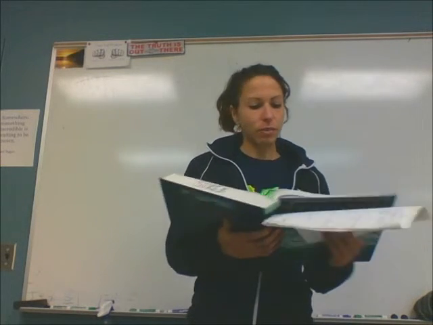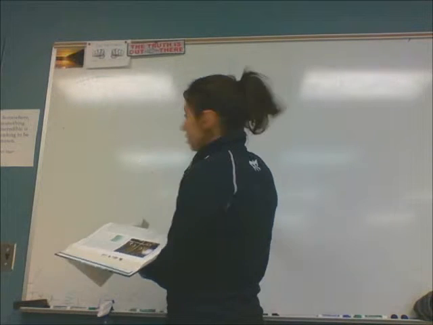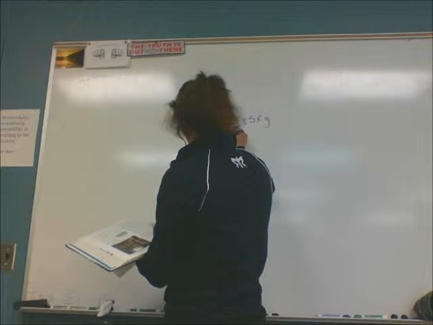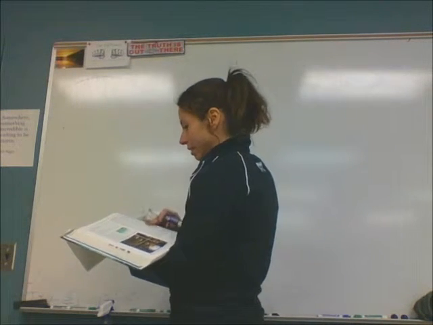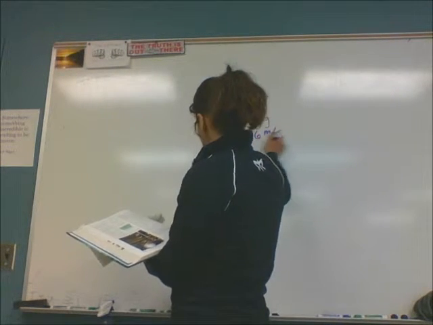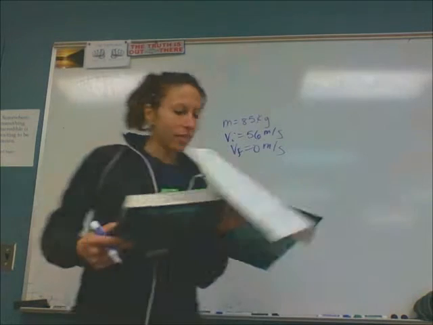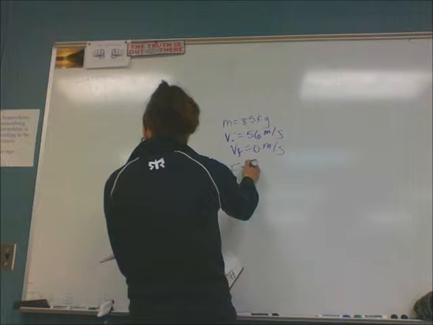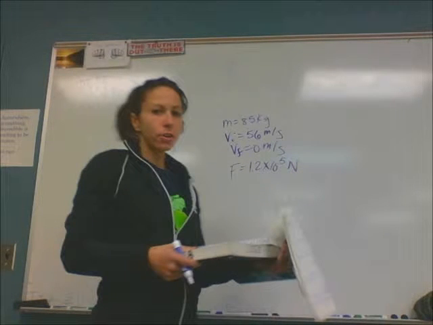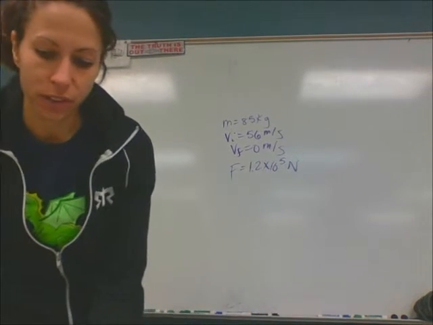So we've got his mass is 85 kilograms. And the distance that he fell is 370 meters, which ends up being irrelevant, so I'm just going to skip that. And then his initial velocity when he hits the snow is 56, and his final velocity is 0, right? That's what happens. The snow brought him to rest. And then it says the force that he experienced was 1.2 times 10 to the 5th. So the first question asks for the minimum depth of snow that would have stopped him with this force, and the second is what is the impulse on him from the snow.